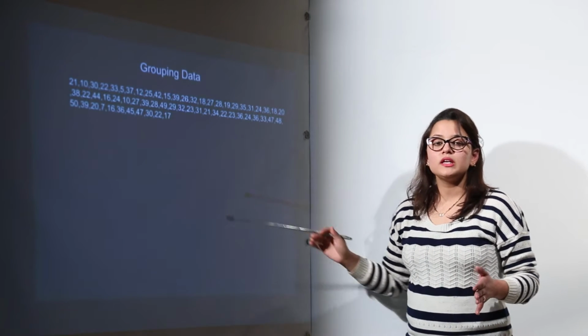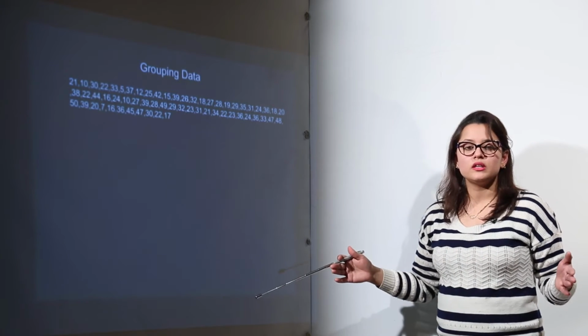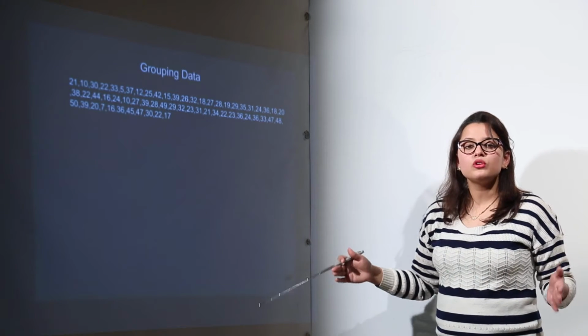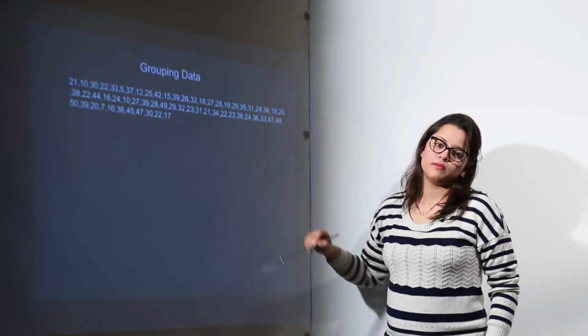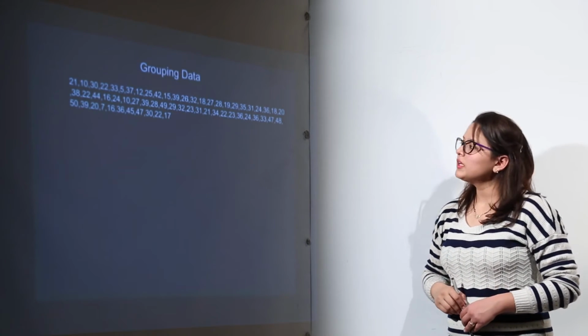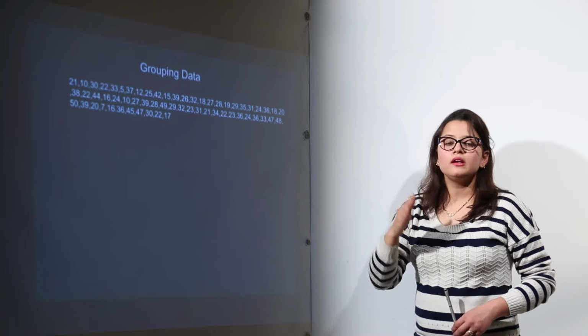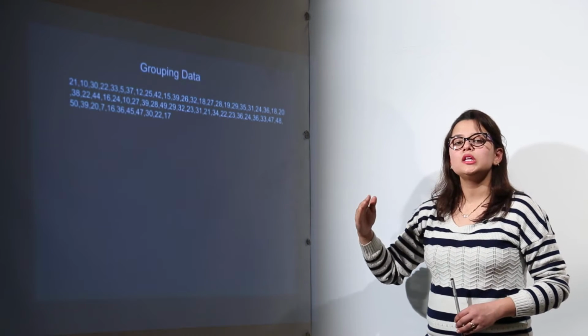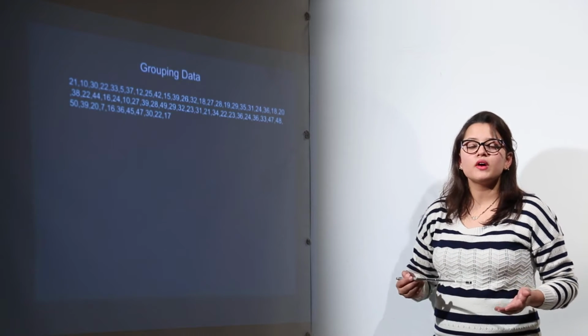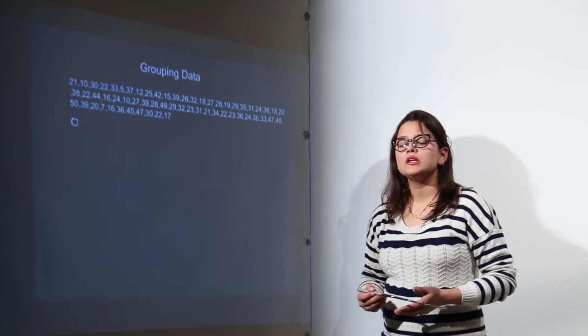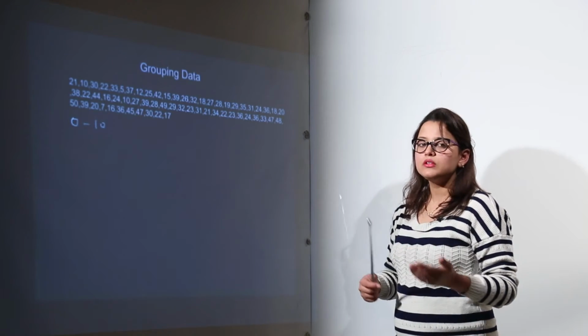Now here the raw data is in such a large quantity. When you have a large amount of raw data, you must always make a grouping of the data. Now how is the grouping done? We can make the groups like 10 to 20, 20 to 30, 30 to 40, depending on you. You can still make it like 0 to 5, 5 to 10, 10 to 15. It depends on whatever format you want it to be.